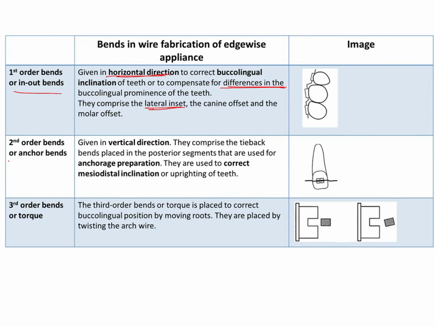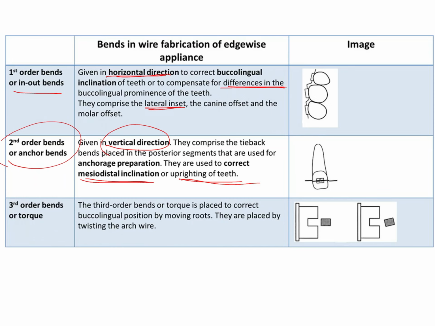Then there is something known as the second order bends. Now the second order bends are very versatile bends and they can bring about many different types of changes. For example, they can be used for anchorage. That's why they are also known as anchor bends. They are also known as V bends, tip back bends, or artistic positioning bends. So they basically are bends which are given in the vertical direction and they help to bring about mesiodistal inclination